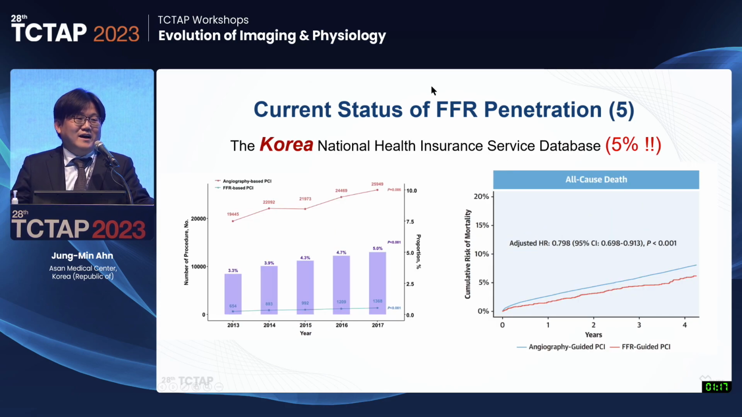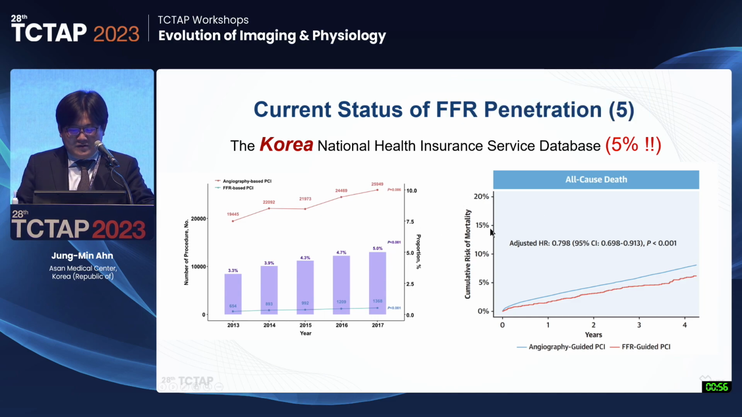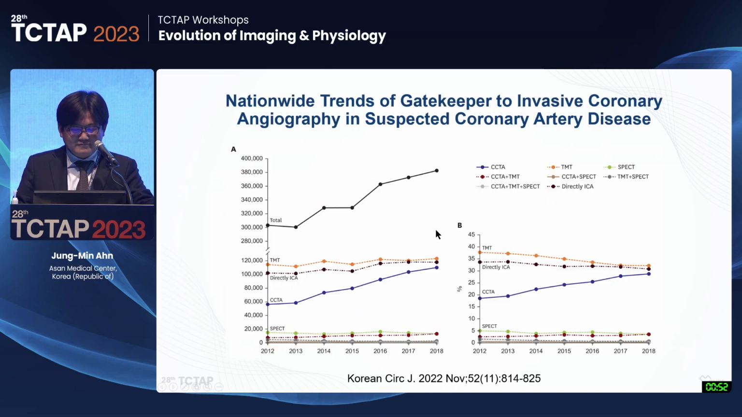I'm living in Korea. We have very great coronary physiology interventionists, Dr. Park, Dr. Koo. But in Korea, the National Health Insurance Service database shows that only 5% of PCI was done as FFR-guided PCI. Yes, FFR-guided PCI is associated with lower mortality. More important things,